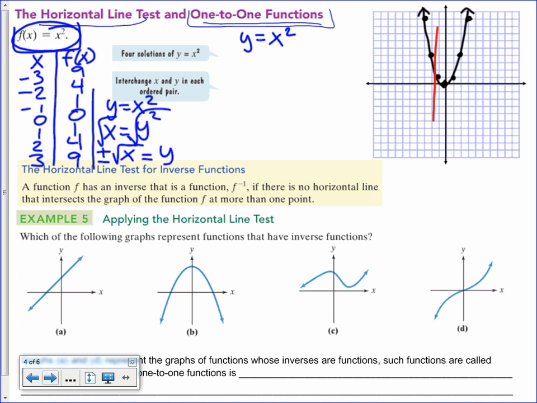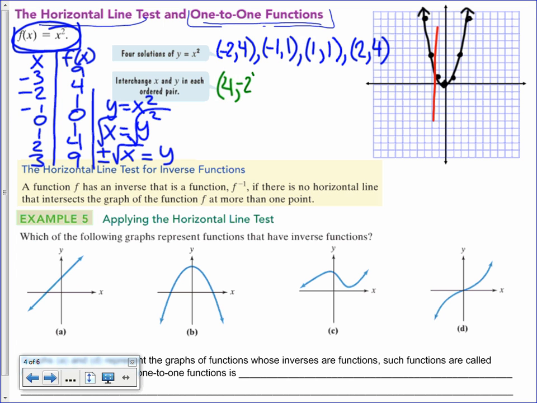Now, will that define y as a function of x? No, right? It will not. Now, what I want to do here is use some of the points that we have coming from our table. So we will use the point -2, 4, -1, 1. Let's use 1, 1, and let's use 2, 4. So now, for all those pairs, if we just interchange x and y, we will have something like